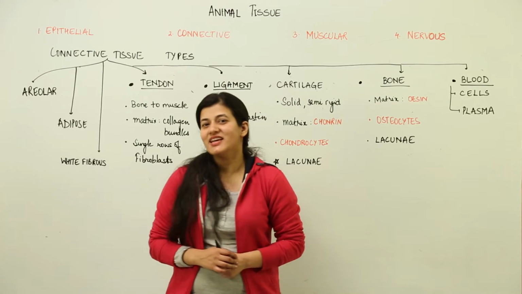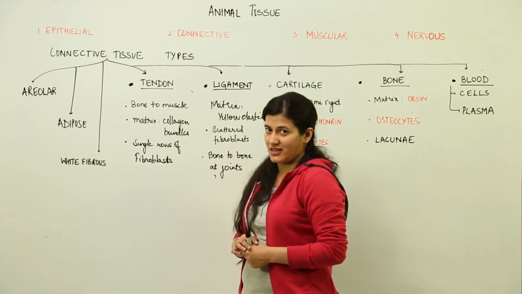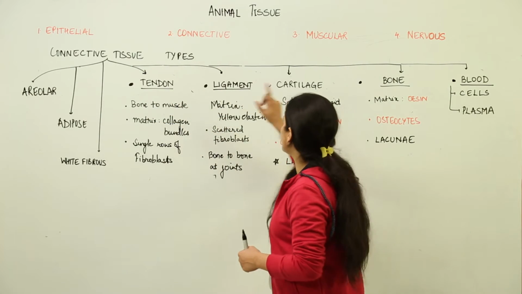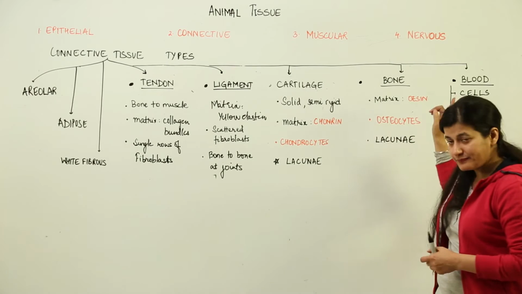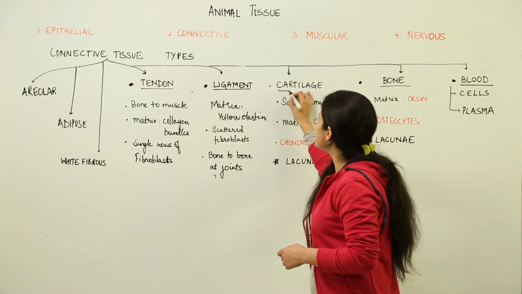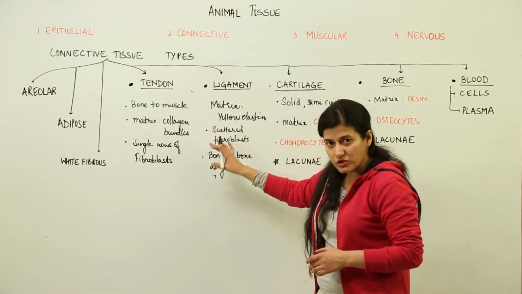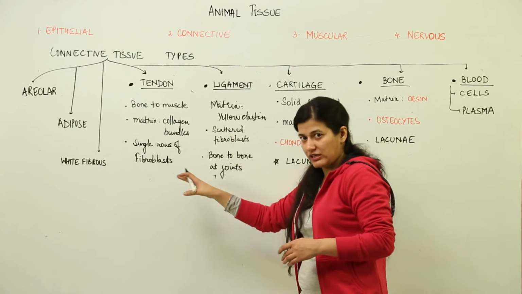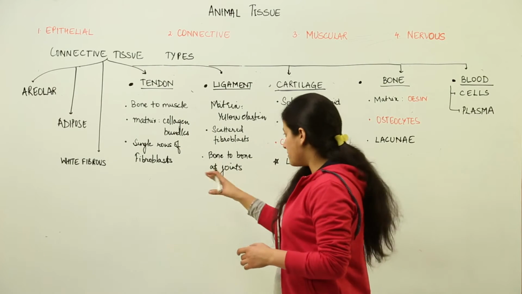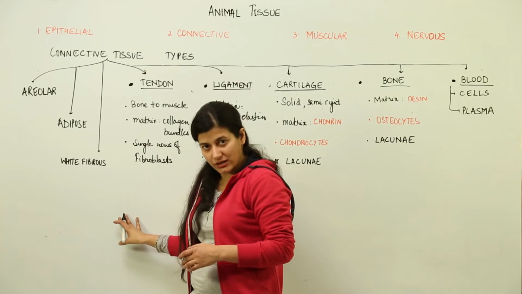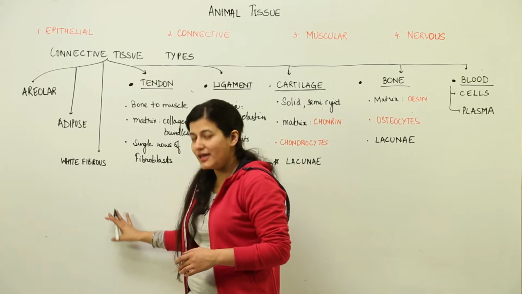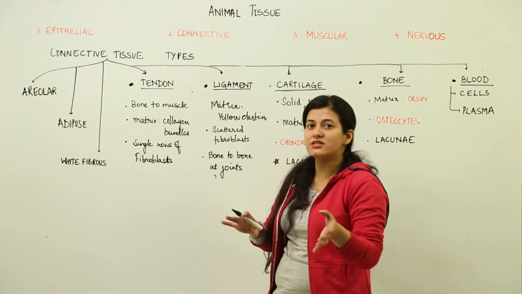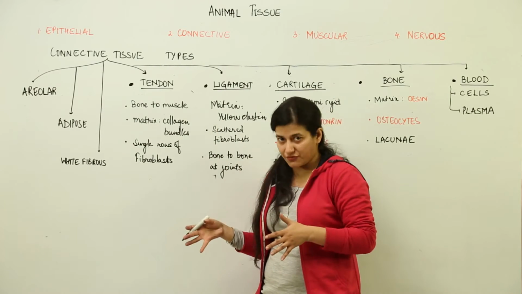Hello students. Now in this lesson we are going to take into account the connective tissues, the remaining ones, which are tendon, ligament, cartilage, bone and blood. So what we are going to study over here is the basic composition, how these white fibrous, adipose, areolar tissues are different in their basic structural composition. You remember there is a matrix present inside connective tissue basically, and the cellular component. So we are going to see in each case how the matrix is different from the other one, how the cells are different from the other one.